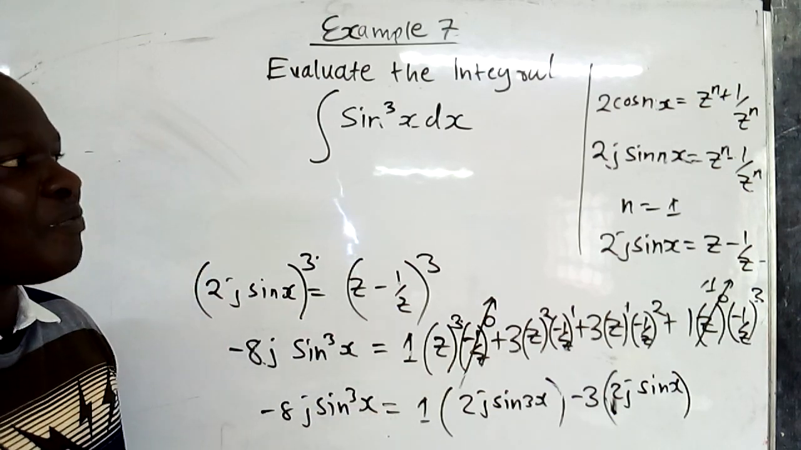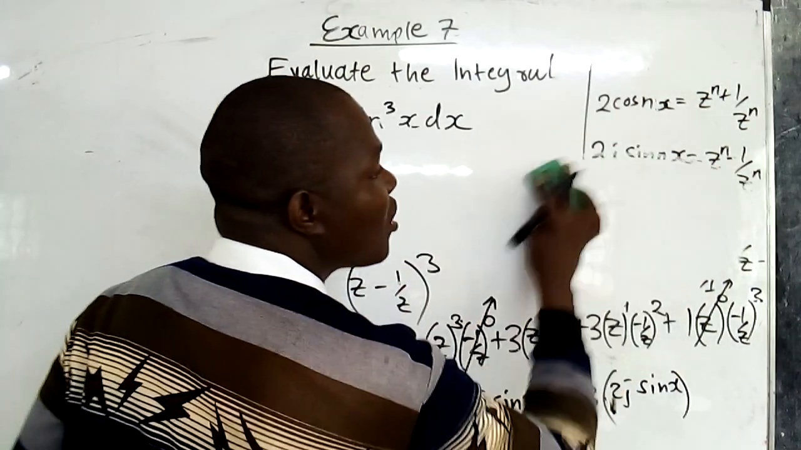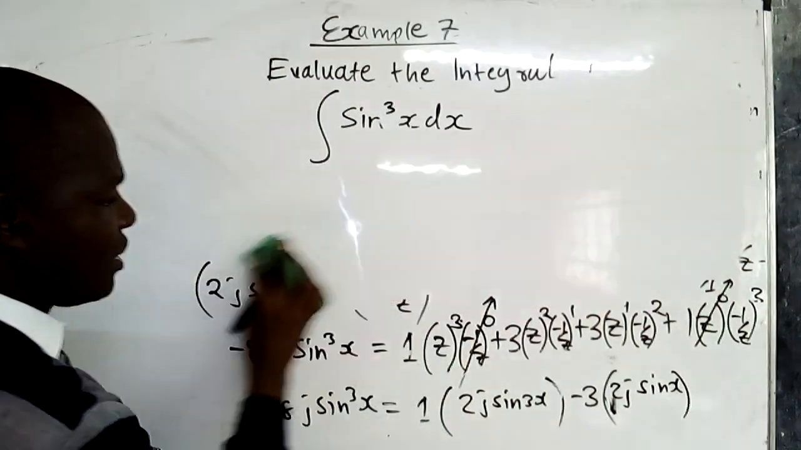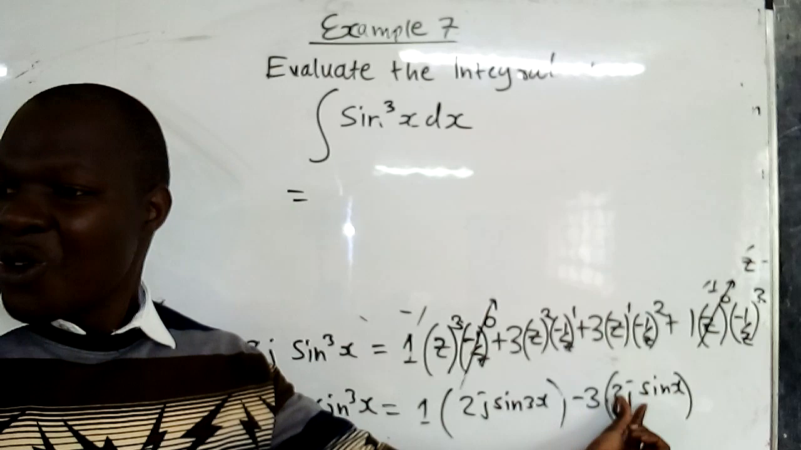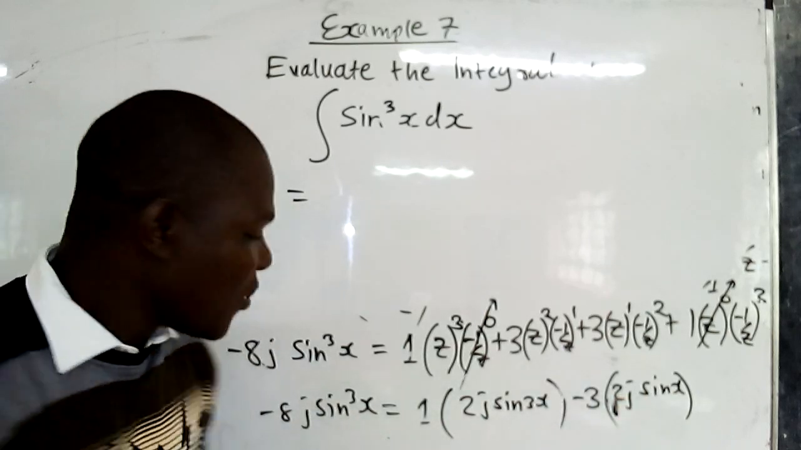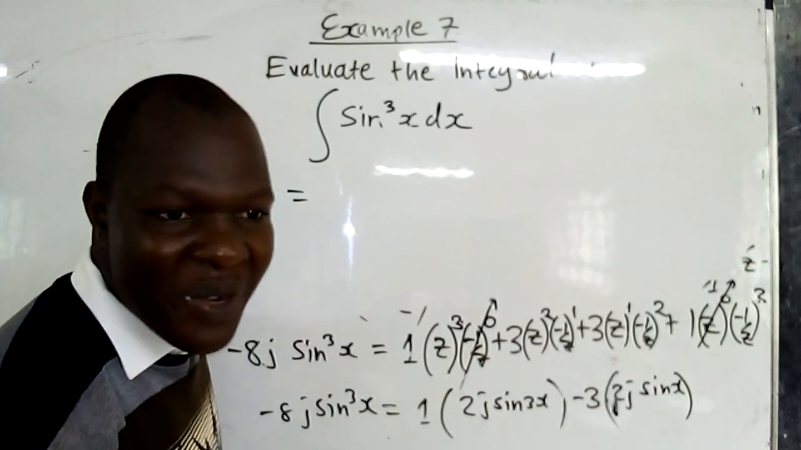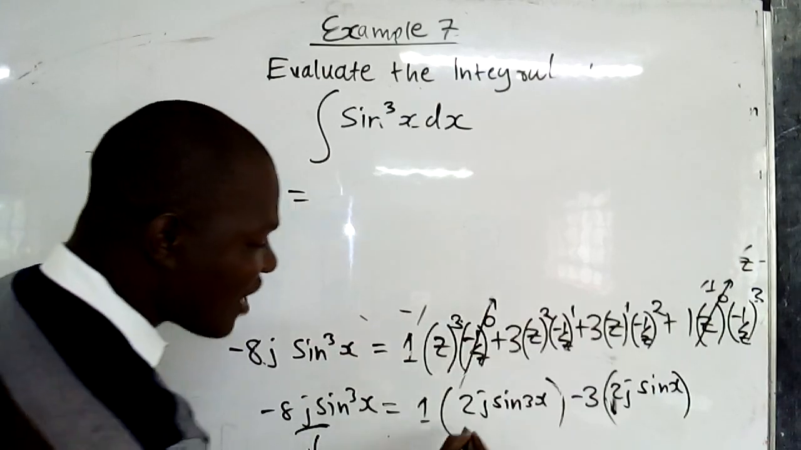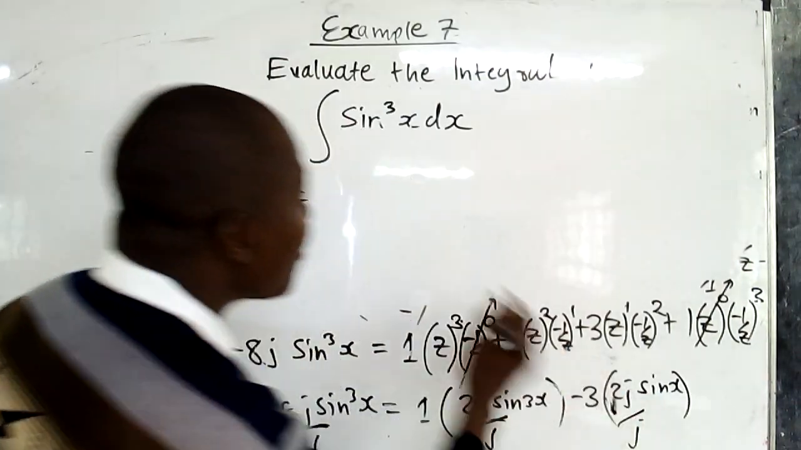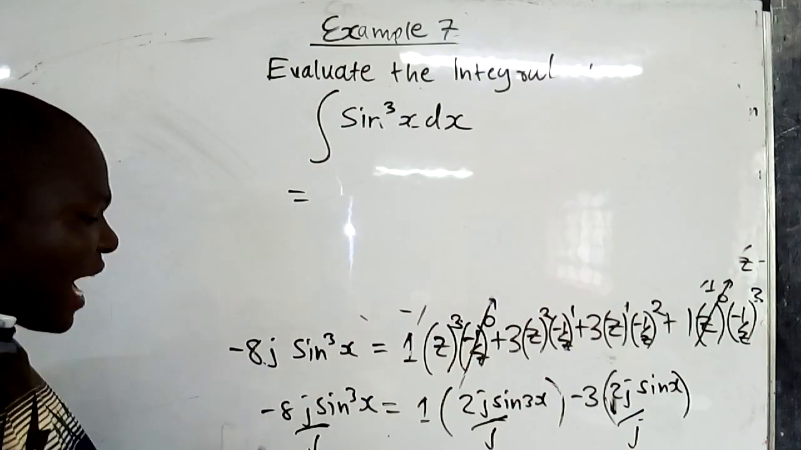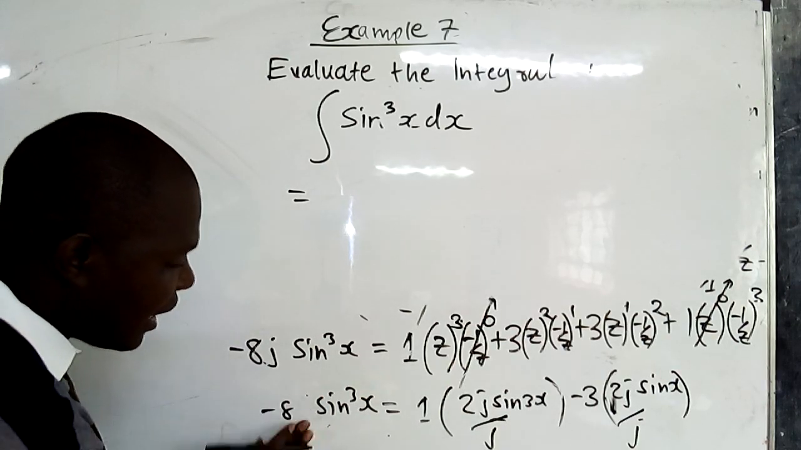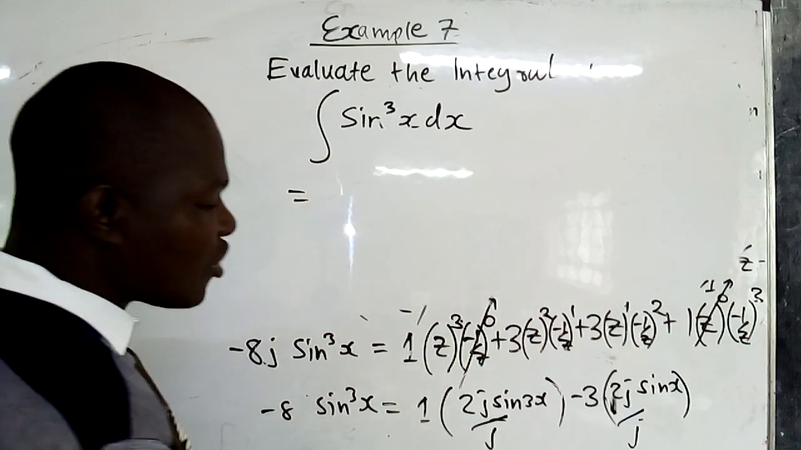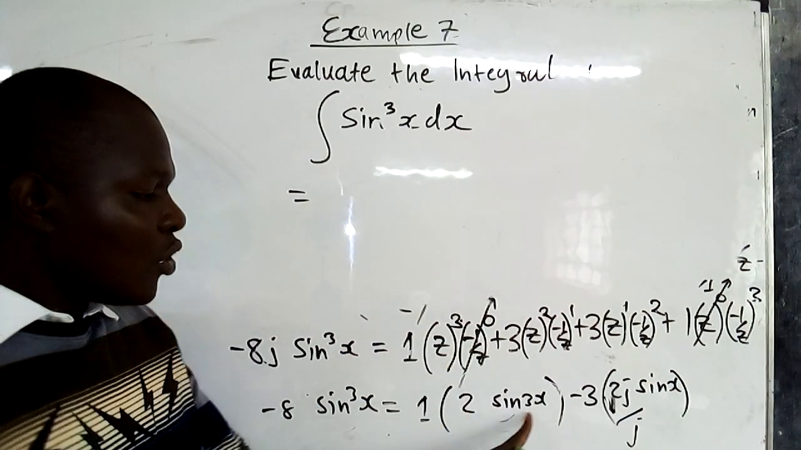So what happens here? From there, what happens? See, from here you can see j is a common factor all through, isn't it? You get rid of the common factor on both sides of the equation, meaning you divide by j all through, isn't it? So what do you remain with? You remain with here negative 8. What do you have? Negative 8 sine cube x is equal to 2